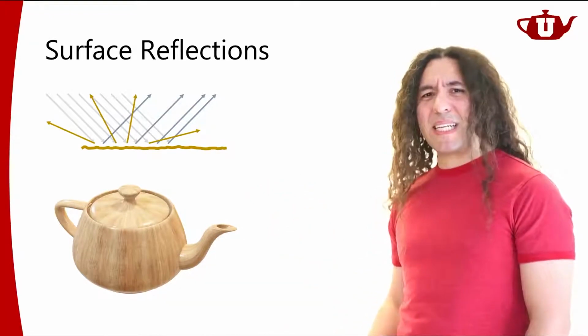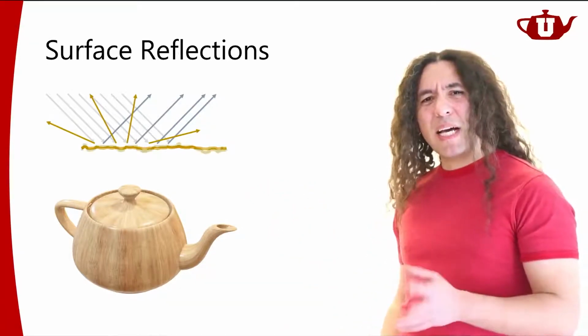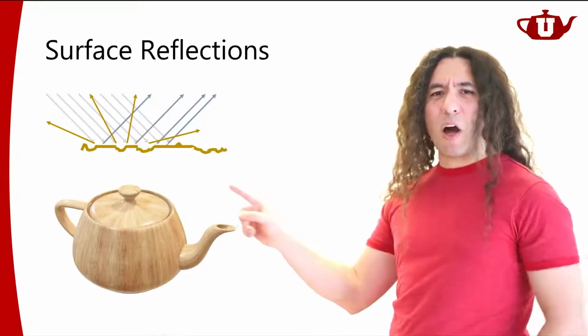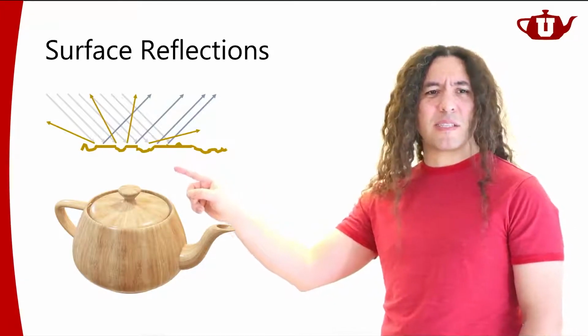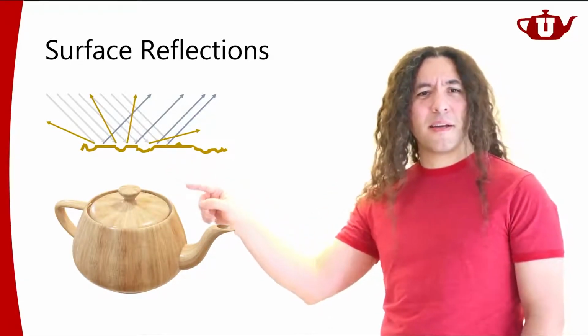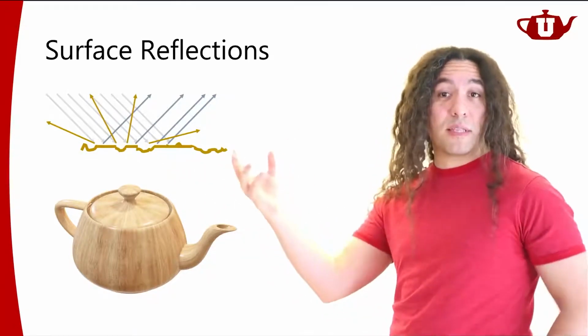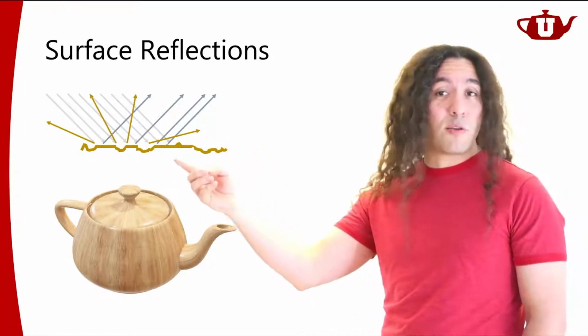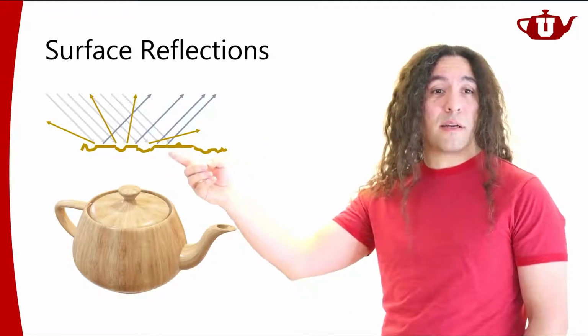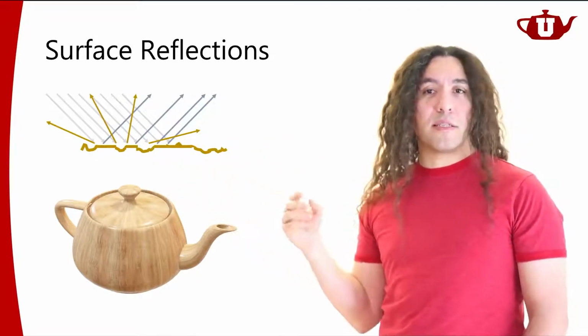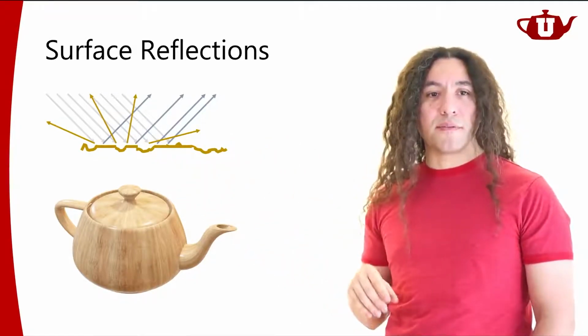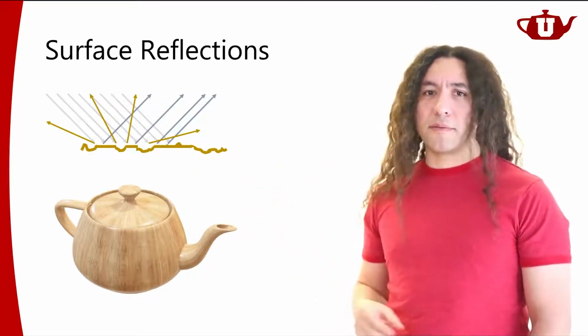Well, maybe not so much. Maybe it's more like parts of it are almost flat and parts of it are kind of rough. Now we could produce something like this, where a percentage of the surface is almost perfectly flat, as you can see here, and some percentage is kind of rough. So we get both kinds of reflections.